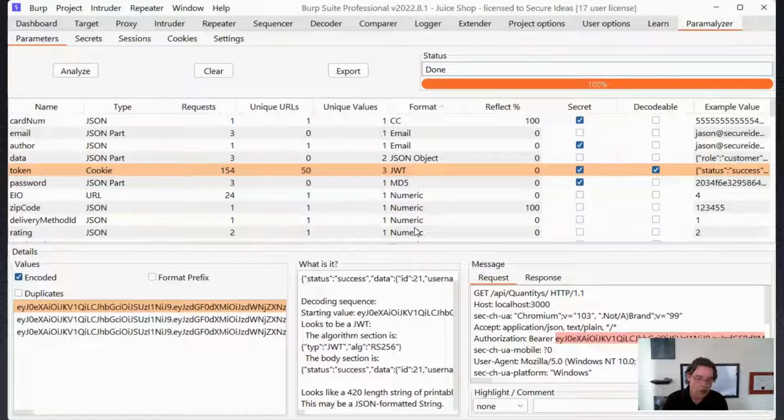So if something that's supposed to be a secret ends up outside of the scope of that application, so it's going to another application per se, or maybe, I would even count something that shows up in the URL, right? We're not supposed to put sensitive data in the URL. Then that would be something that we would call a secret. So I got to thinking